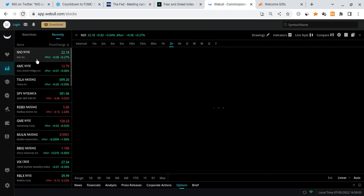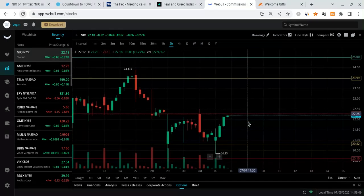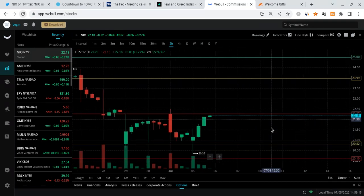So this may help push NIO up a little bit more for tomorrow. We're already seeing NIO green in the after hours, so I do think it's possible we see another green day for NIO, and I do think we do have more room for some temporary relief. Now, right now,